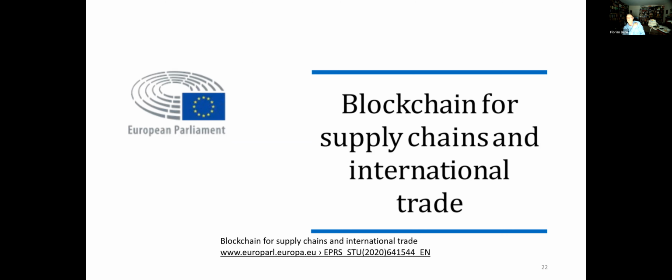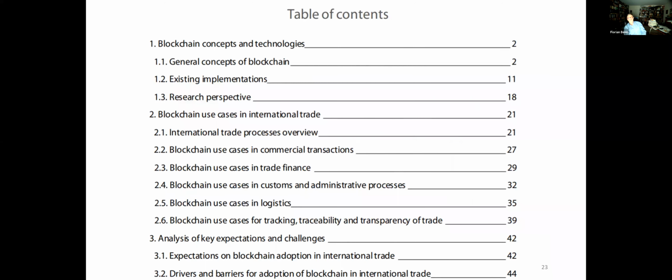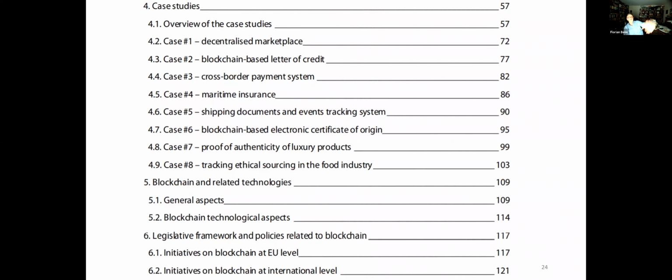It's a very reasonably written large report which deals with all sorts of issues. It's blockchain for supply chain and international trade, because in the context of Europe and the European Parliament, it's very important. But it's broader than that. So this is some of the table of contents. Those of you who are really seriously interested in that, I highly recommend it, because it deals with tons of different aspects of this, including use cases, including expectations and challenges and perception of those things by key decision makers, see all these cases,